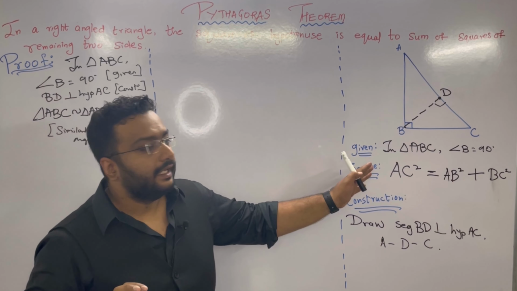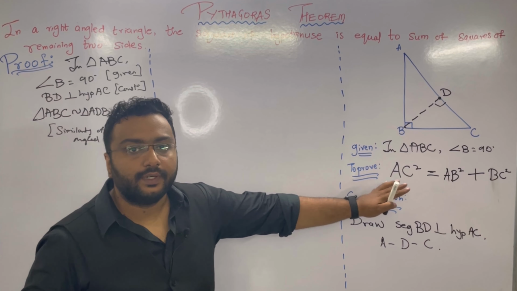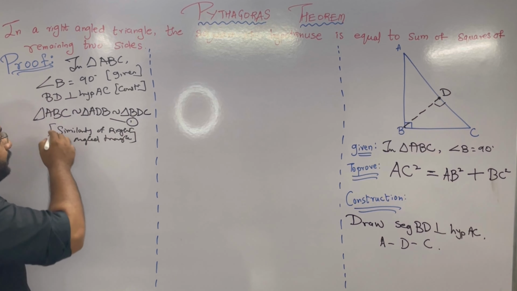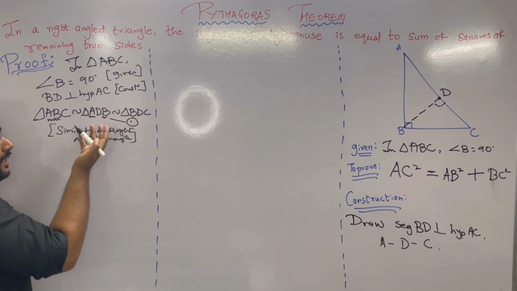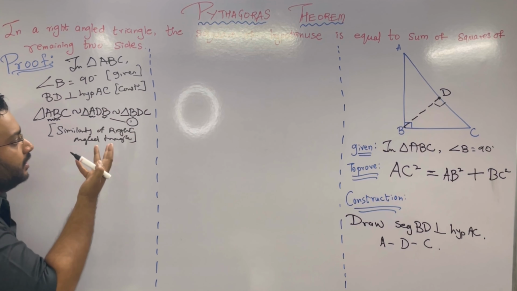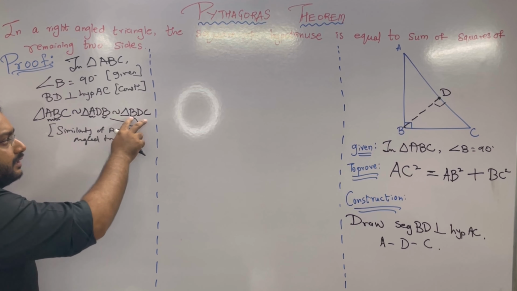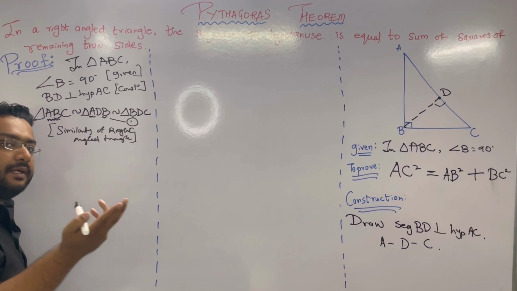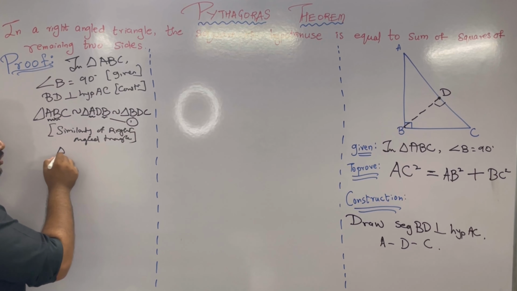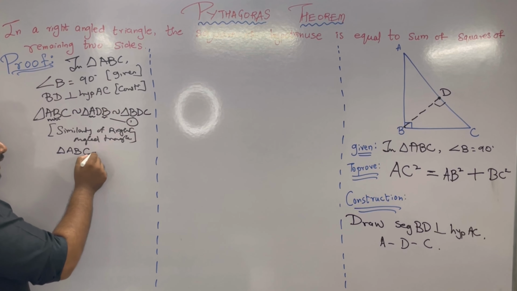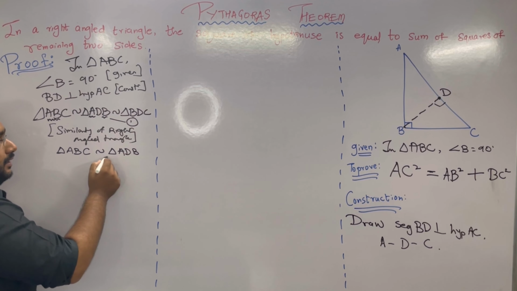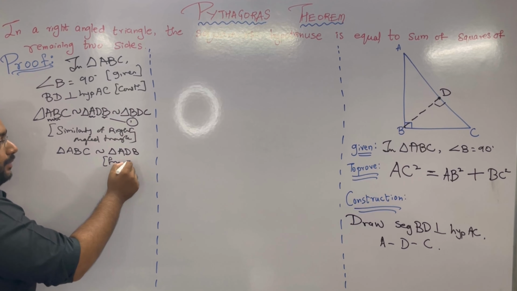Let's see AB. In the right hand side we need AB square. Let's see whether AB is part of two triangles or not. See, observe here. In the first triangle we have AB. In the second triangle we have A and we have B. That means yes, we have AB in two triangles. And in the third triangle, let me check. B is there but A is not, so let the third triangle be as it is. We needed two triangles, and we got AB in two triangles. Let's write the names of those two triangles. So triangle ABC has AB and triangle ADB has AB. Reason for this will be from equation number 1.